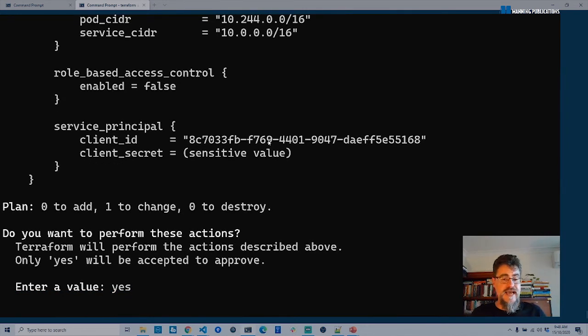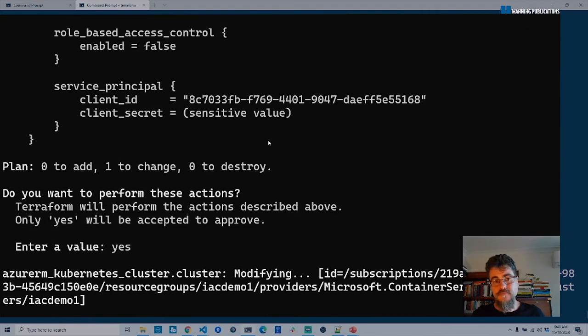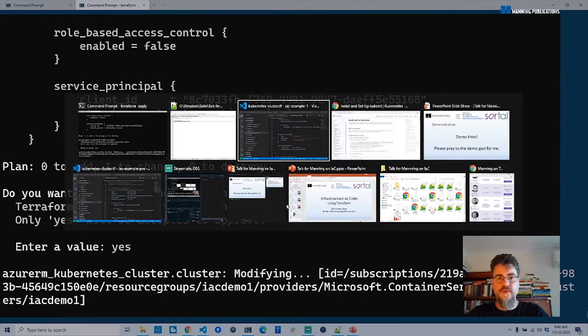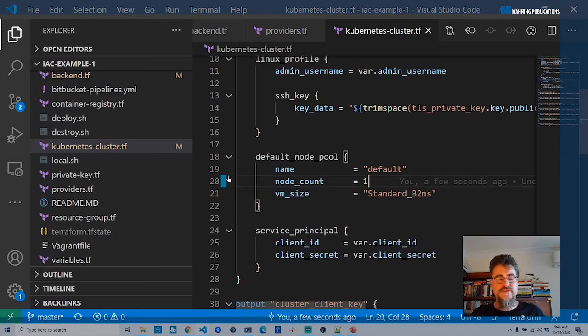Hit yes, and now it's actually going to reach out and make that change to the Kubernetes cluster. This could take a few minutes. I'm just going to switch back to the code, and we're going to see now how this fits into